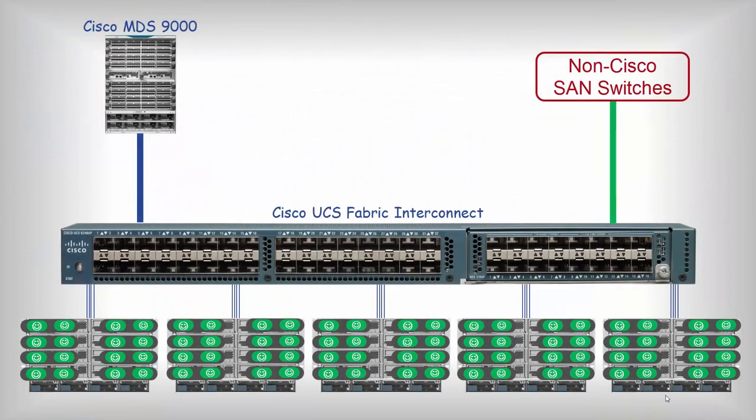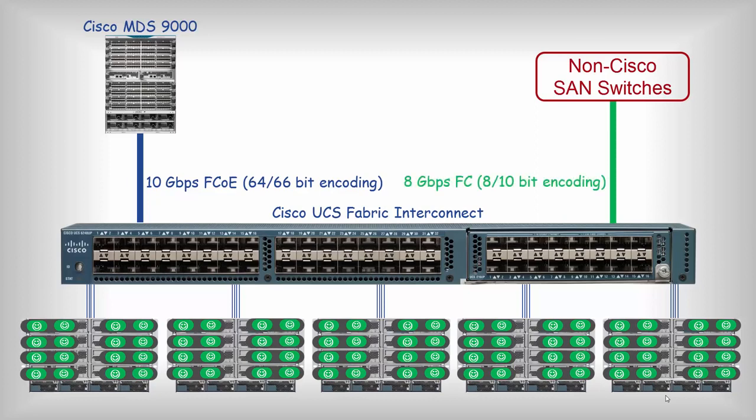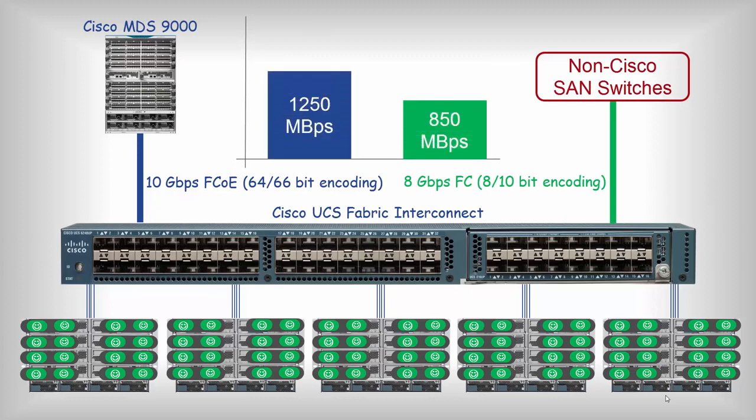The next merit is due to enhanced performance. Cisco UCS 6200 series Fabric Interconnects can be connected to Cisco MDS switches using 10 Gbps FCoE uplinks in addition to 8 Gbps Fibre Channel links. What most people do not realize is that 10 Gbps FCoE provides 50% more data rate compared to 8 Gbps Fibre Channel. This is because of the